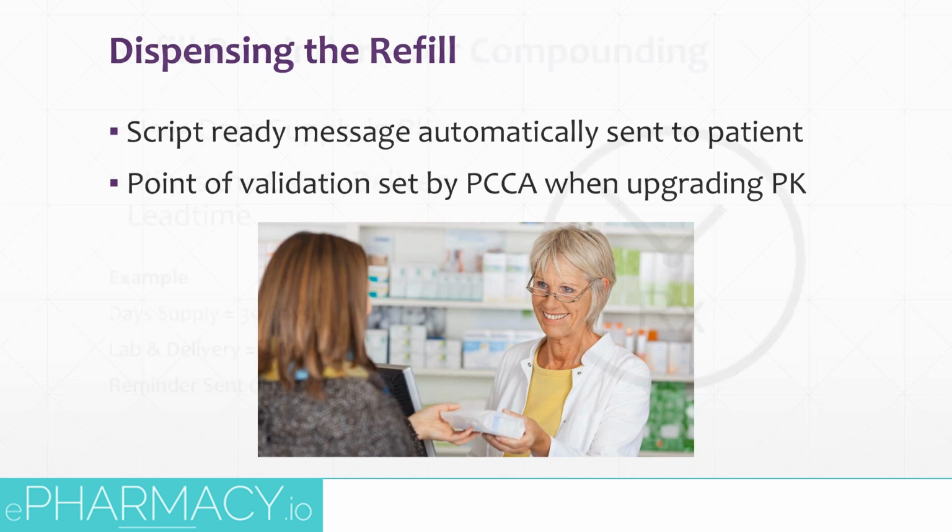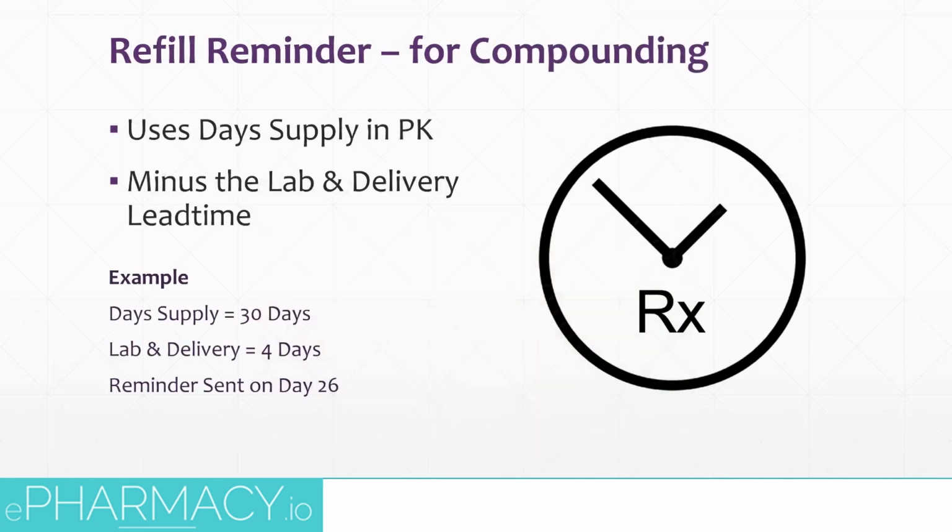One of the really key benefits of RX Mobility relates to the whole refill reminder process, and this has very much been optimized for compounding. So firstly, the refill reminder is sent to the patient based on the day's supply. So if the patient has a 30-day supply, then that's a start point. But also, what RX Mobility does is it nets out the lab and delivery lead time that we set for